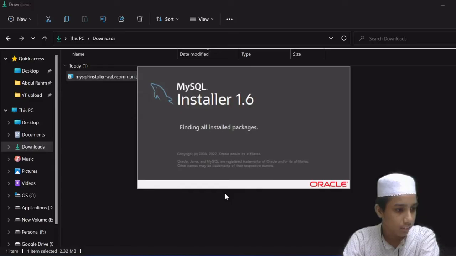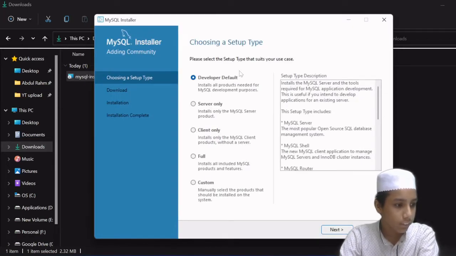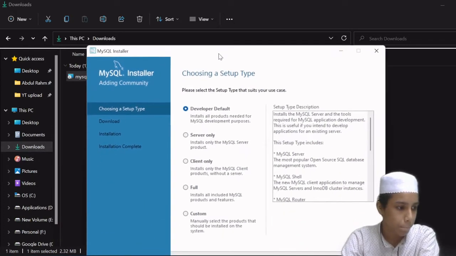So here it's asking me the prompt. I will be clicking yes, and again it's asking. Okay, so now I have clicked this two times,